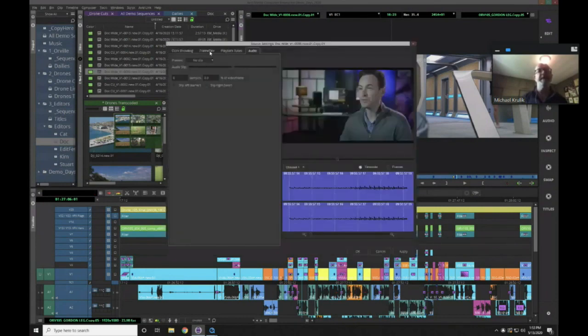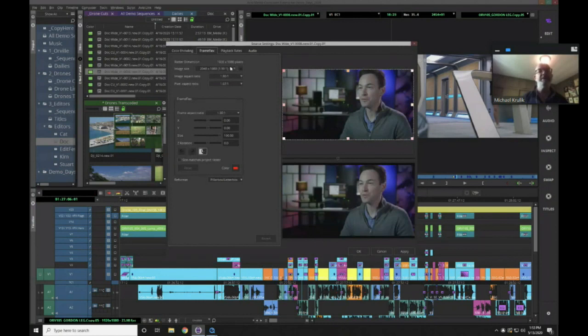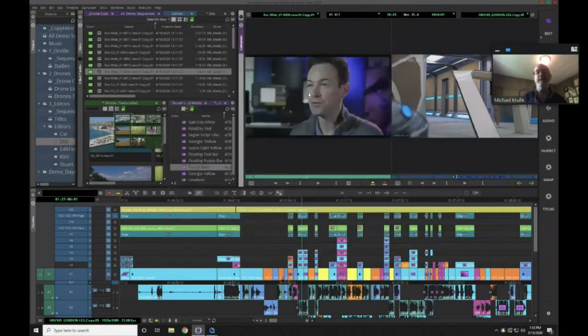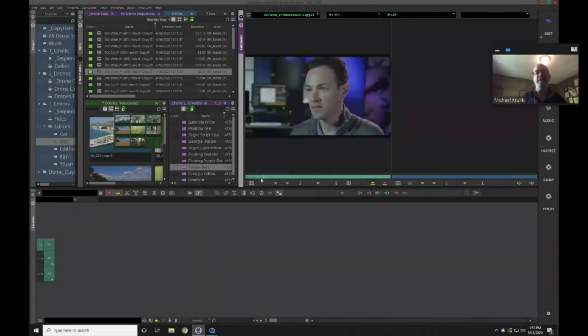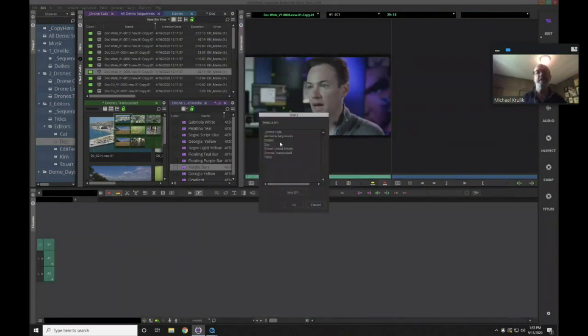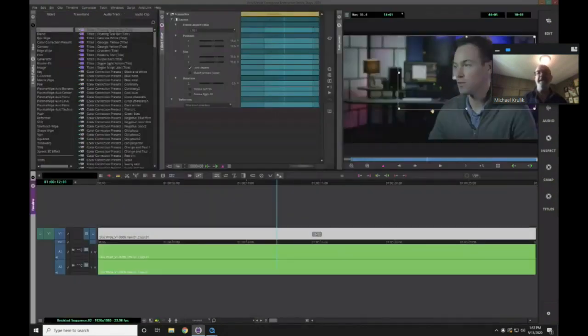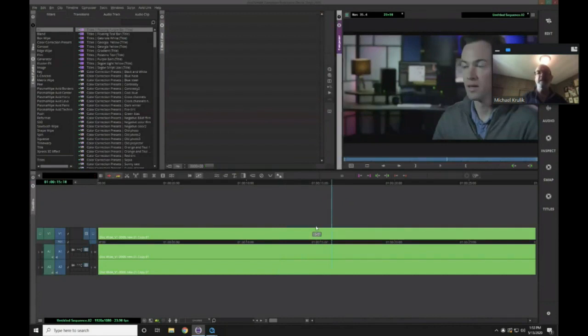If I go to my source settings in FrameFlex, you'll see the image size here, but I could go in and choose an area of interest that is a little closer. It's going to give me great quality. If I take this zoom in, which we apply, and drop that clip into a sequence, what I can do in the effect editor is go in and start keyframing. So the keyframe will give me this really great pan and zoom style effect that I can go in and